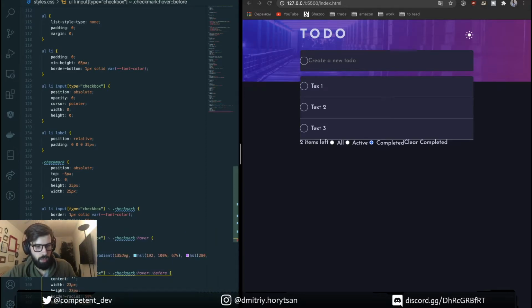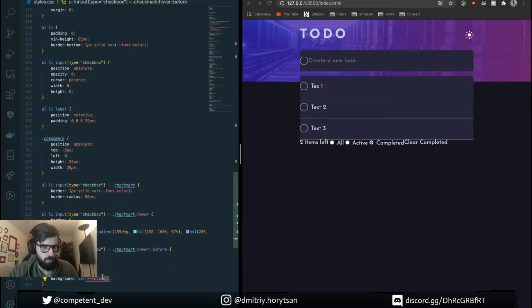Background we set the same as what to do. And display block. As you can see, looks great.